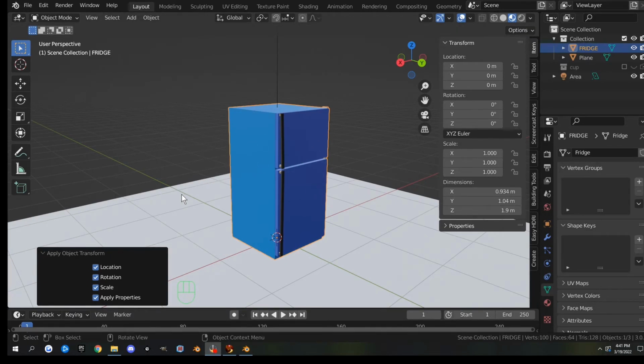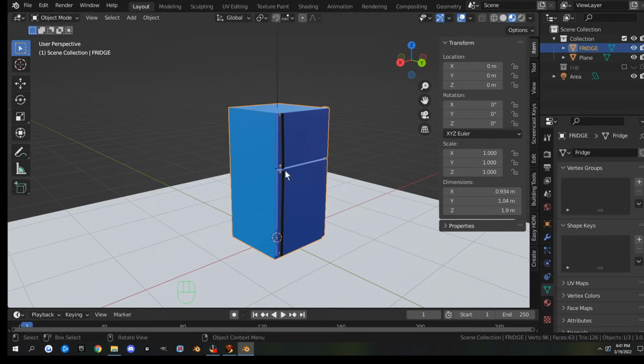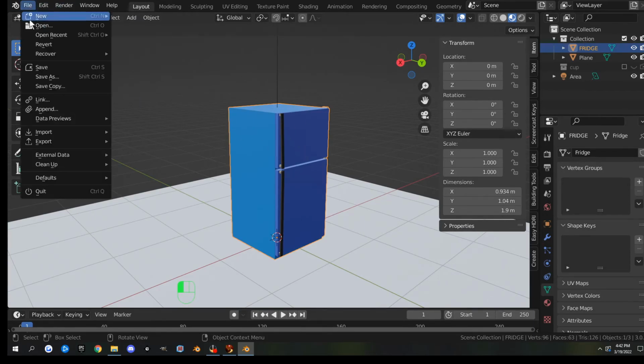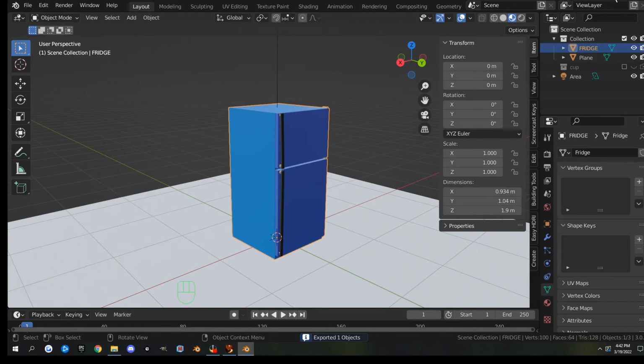If you've already exported it, you will have to export it a second time, because when we changed the UV editing and changed all these maps, that tells the textures where to lay. So if you've already exported it, the fridge you have in Second Life is broke, so you need a new one. That way the textures lay properly on it. So we're going to go to File, Export, Collada, and we're going to do Operator Preset, SL OpenSim Static, and like I said, I like to turn off copy. And we're already in the fridge file. I'm going to rename it to fridge and export Collada. Now we can jump into Second Life